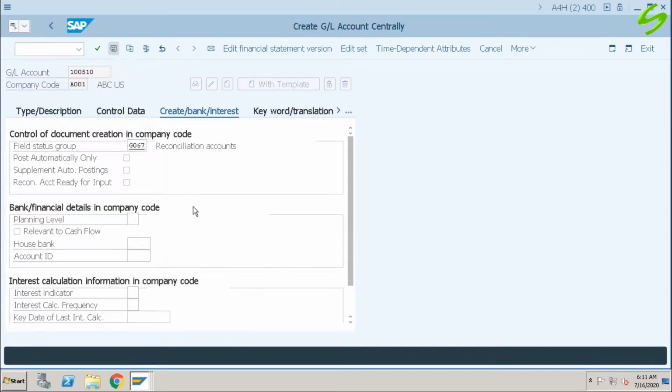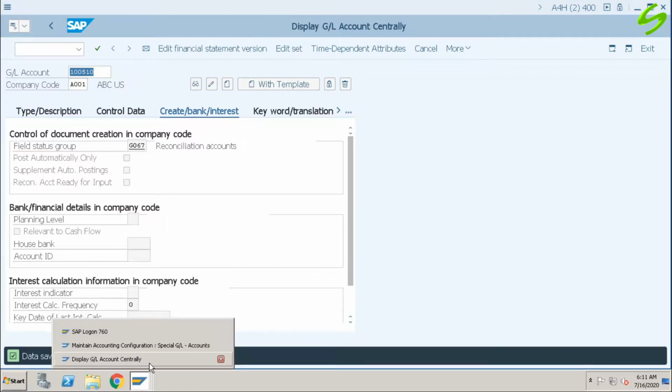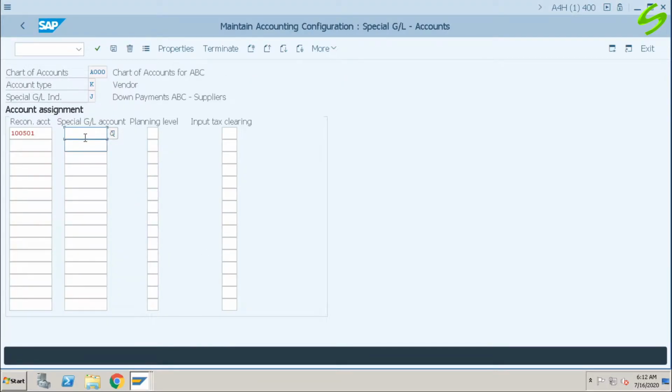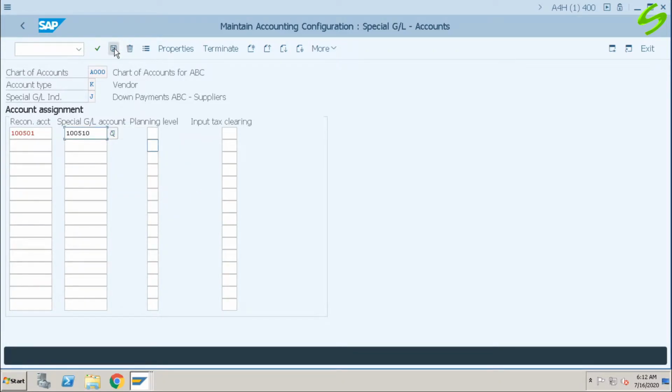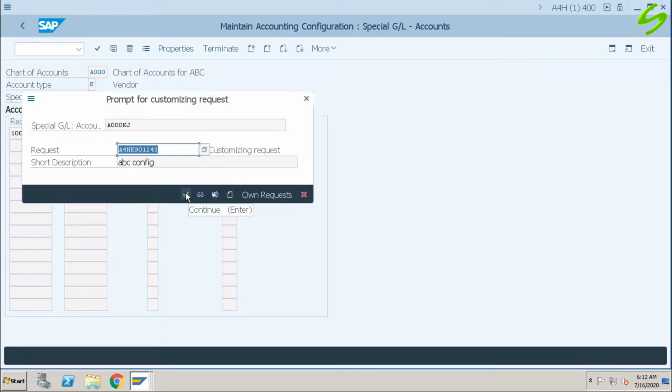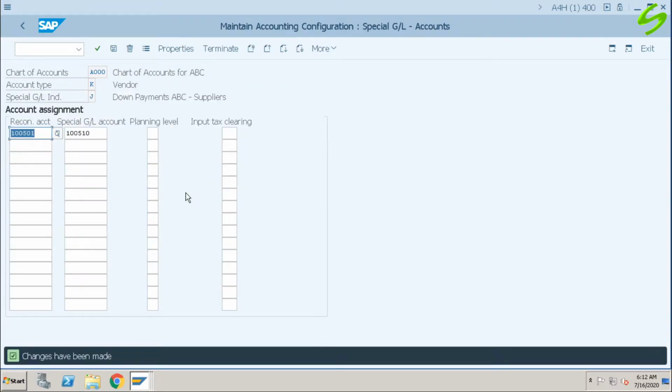Click on save. Our GL account is saved. 101000510. Double 0510 and save. Save the transport request. Changes have been made. Let us go back to our presentation.